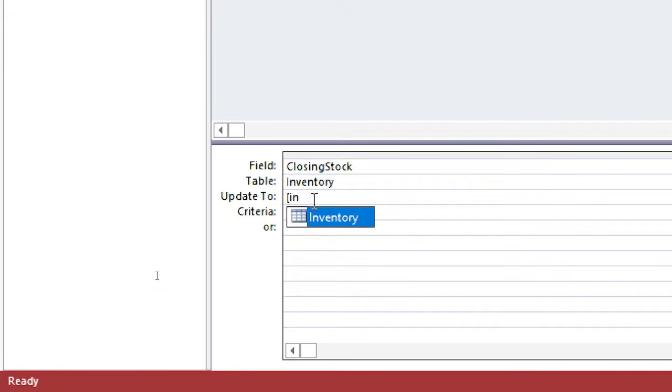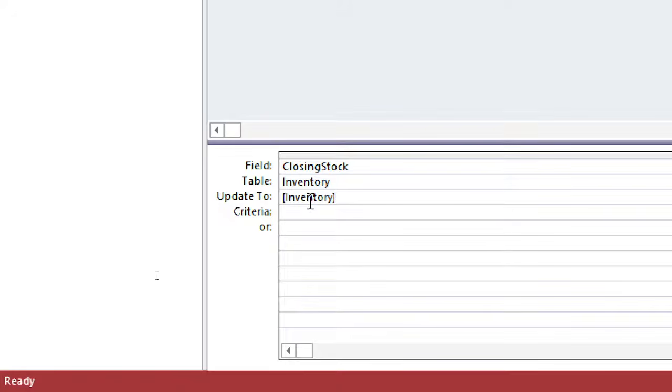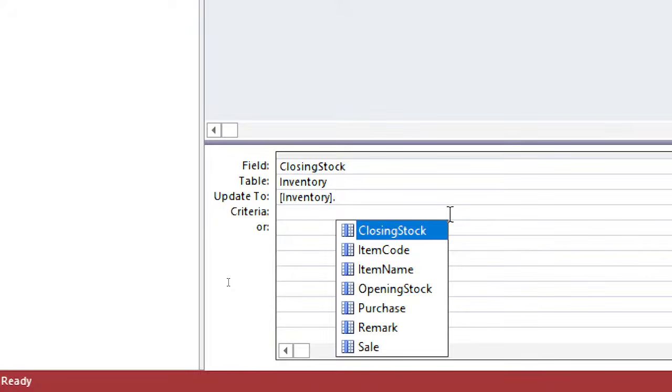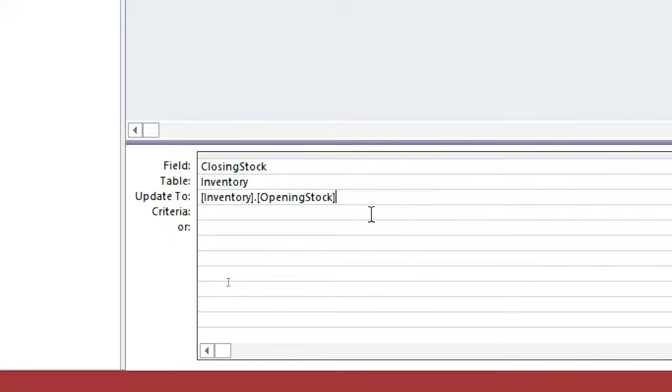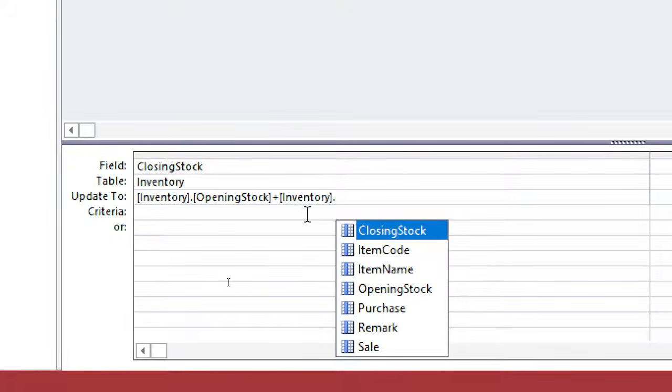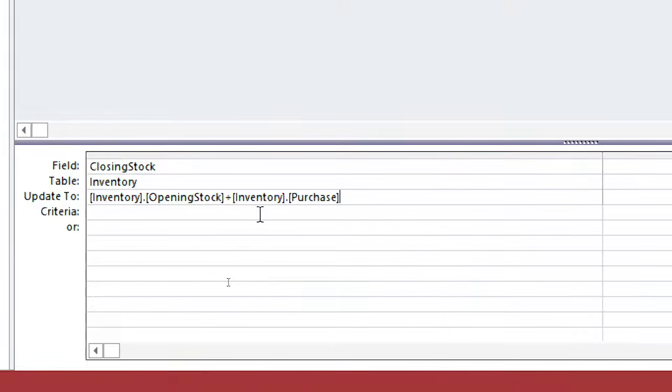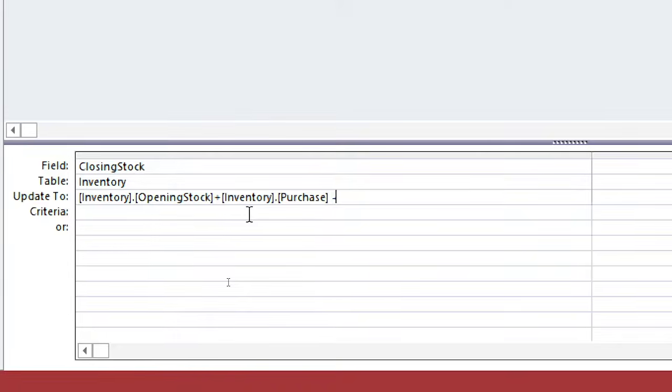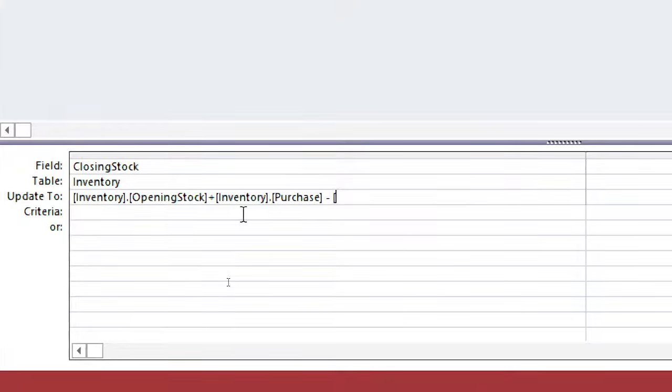So I will start with the name of the table, that is inventory. I'll just type I and press enter, and then Inventory.ClosingStock is Inventory.OpeningStock plus again Inventory.Purchase, so minus again Inventory